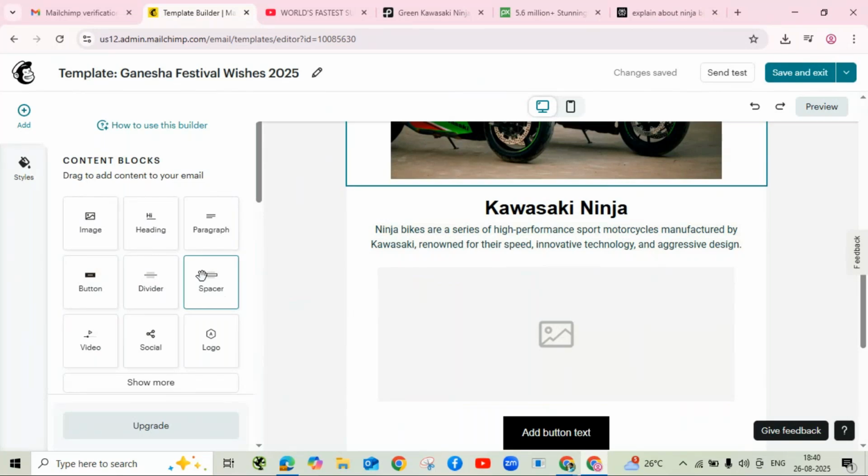Sir, we understood, sir. Now my question was also related to which option to choose or which block I have to add where I can connect it with my Google Form link on the left hand side. So we have image, heading, paragraph, button, divider, spacer, video, social, logo. So within this, which option helps me create a connection? Sir, image. So button or